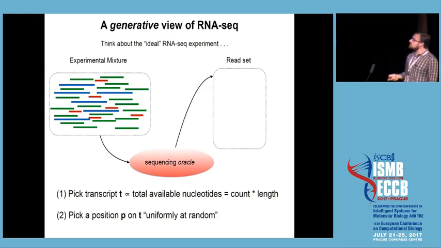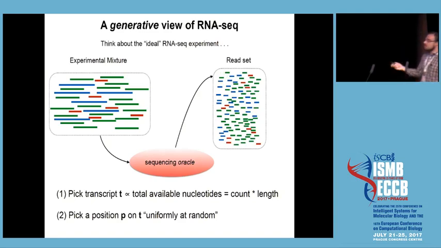So if we have this sequencing oracle that produces reads in an unbiased fashion, we expect to see something like this. We see a couple of green reads, some blue reads, and if we sequence deeply enough, we eventually see a red read. It might take a while because the abundance is pretty low here. And we keep going until we have this mixture, right? And so this is just another cartoon showing that we want to go backwards from this and infer